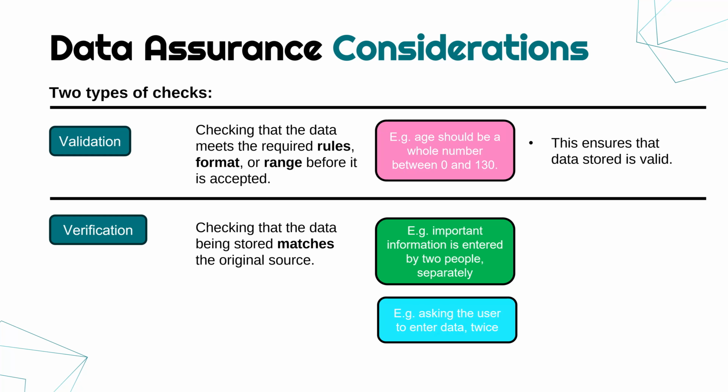And also, we do this a lot when we're asked to sign up for an account. We'll often be asked to put in our email address twice or our password twice to prevent errors being introduced by copying things. And the goal here is to ensure the data remains as accurate as it was originally. If the data was inaccurate originally, this won't make things any better, but it means that if we had accurate data, it shouldn't become inaccurate because we didn't copy it properly.